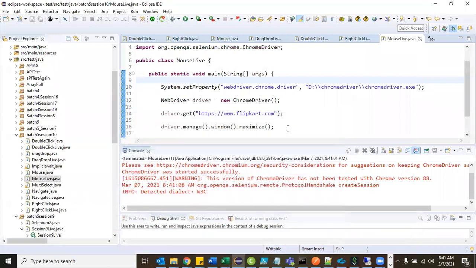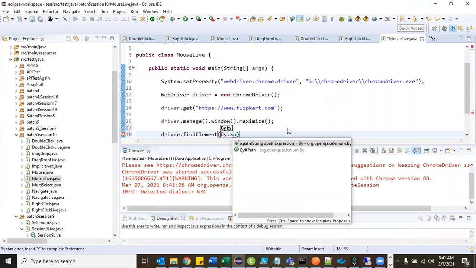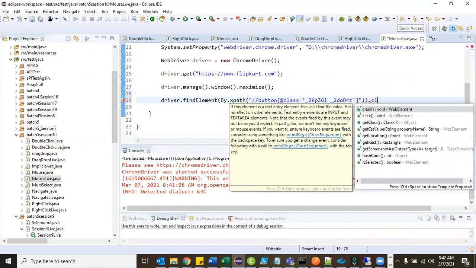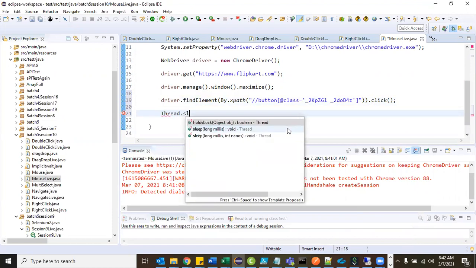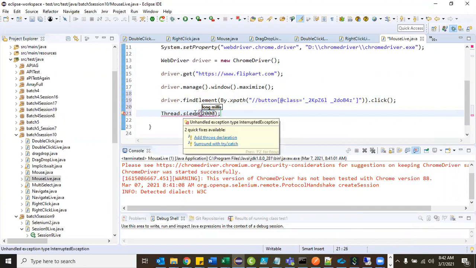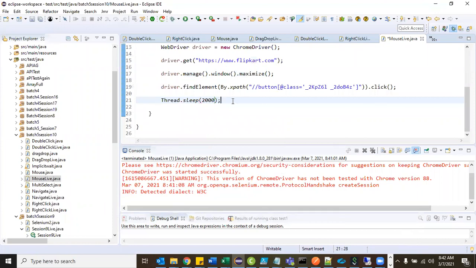So first of all, what you have to do is driver dot find element by dot xpath, or you can use it directly with the class name also, then dot click. And Thread dot sleep is called a hard wait or static wait. Okay, and once it is done,